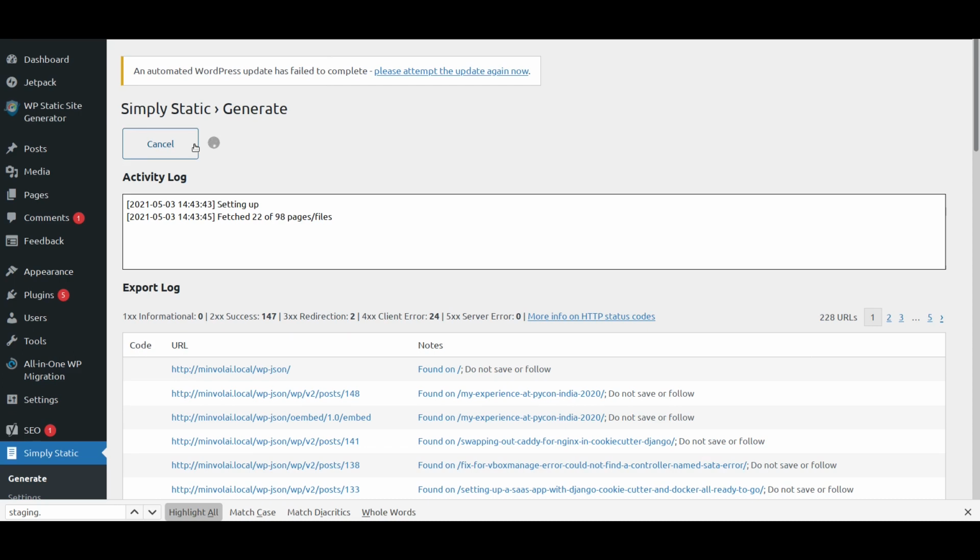But as I showed you, Simply Static is available as a plugin in the WordPress plugin repository, which means I can get the updates really fast, as and when the author updates it. I don't have to manually go and check, which is something I'll have to do in the case of WP Static.